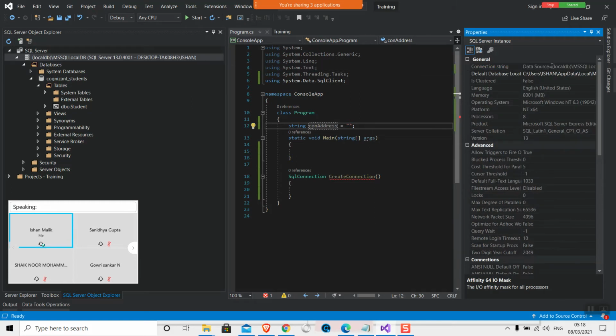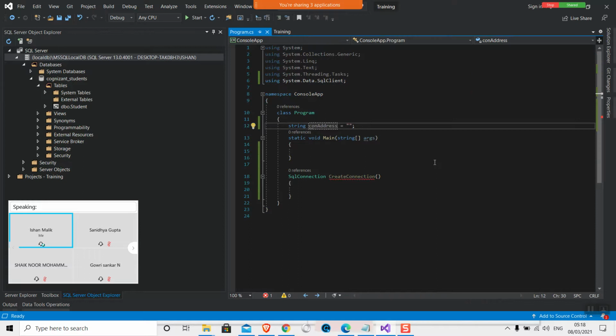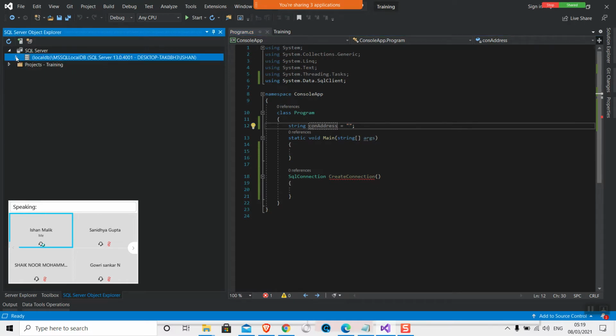Okay, so for me this is the connection string that I am going to use. Data source, this you need to copy paste only, you don't need to remember or understand much in it. Let me show you one more time how you get it. Right click on the server, not on the database, not anywhere else.